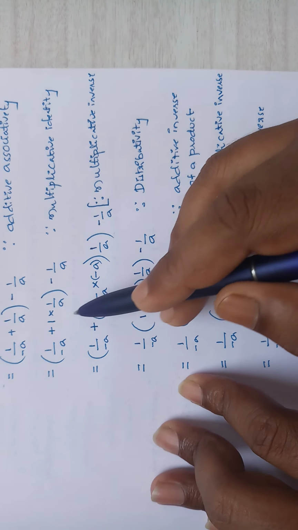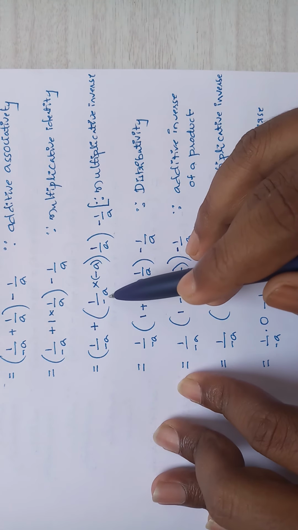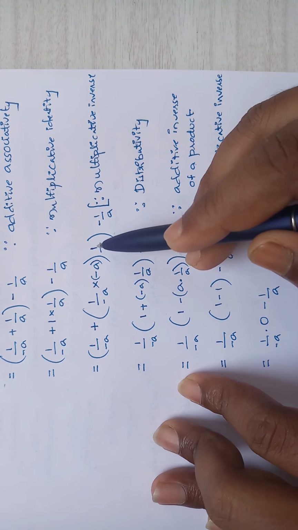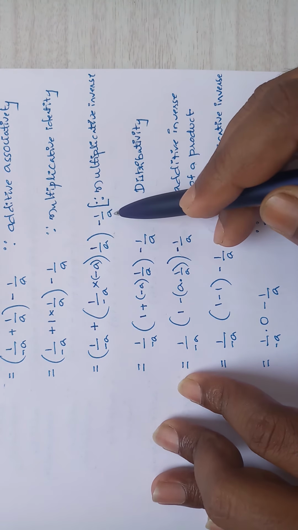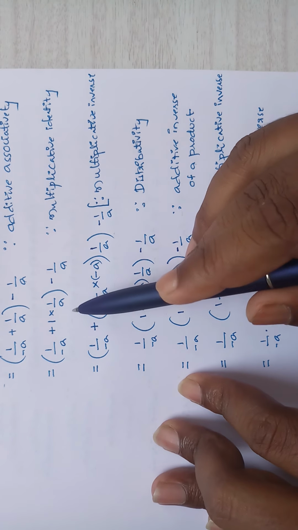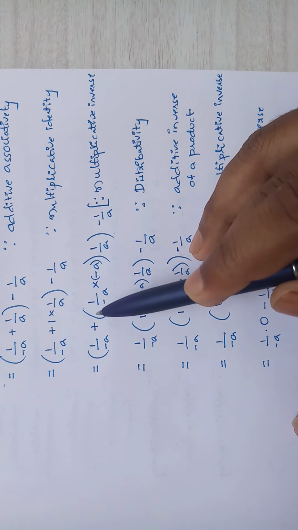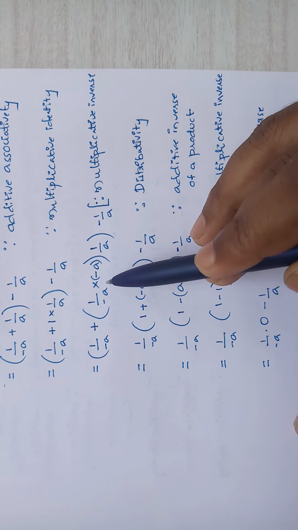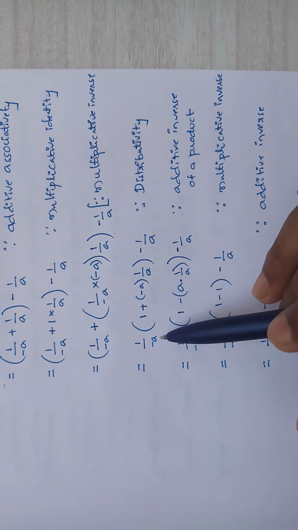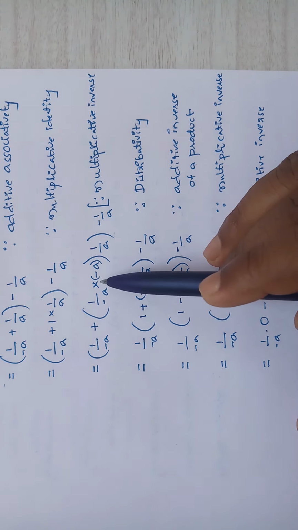minus a plus, in the place of 1 I write here 1 divided by minus a into minus a, into 1 divided by a minus of 1 divided by a. Because 1 is equal to 1 divided by minus a into minus a, it becomes 1. So using multiplicative inverse I can write this. Here I take 1 divided by minus a as common, so then it will become